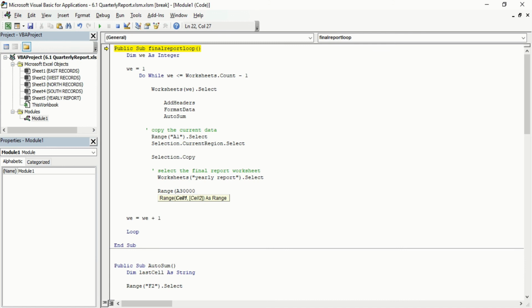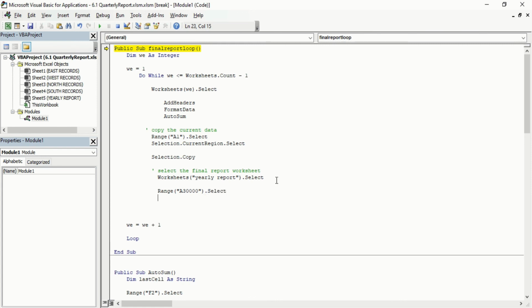If you think logically, on A30,000 none of the data should be present, because at the last point of our Excel, no data is generally present. Put everything in a bracket and close this. After that, select. So now it goes to the last cell of our sheet.